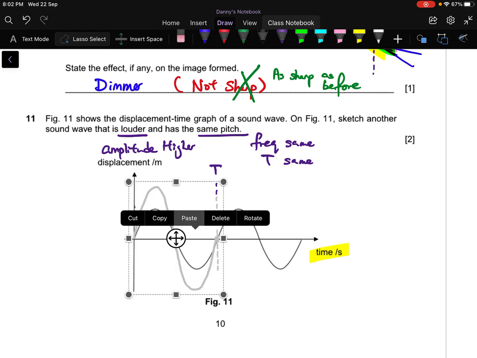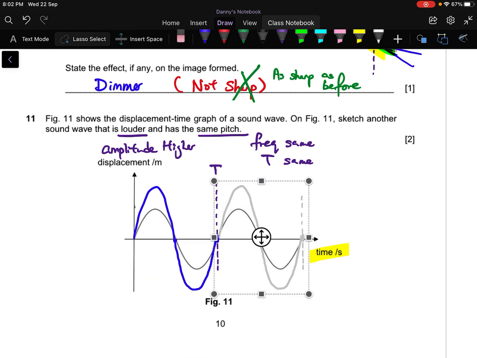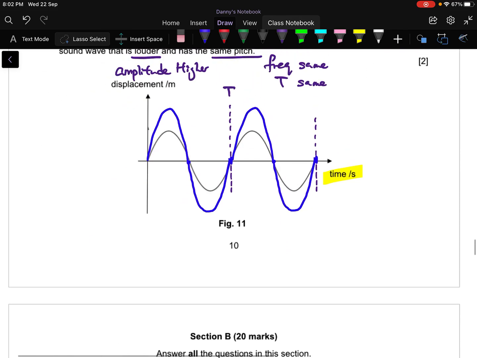Okay, for me of course it's easy. I can use my copy and paste function and just put it over here. It is important for you to take note, same point, I didn't change. Don't shift your wave and you should be able to get the